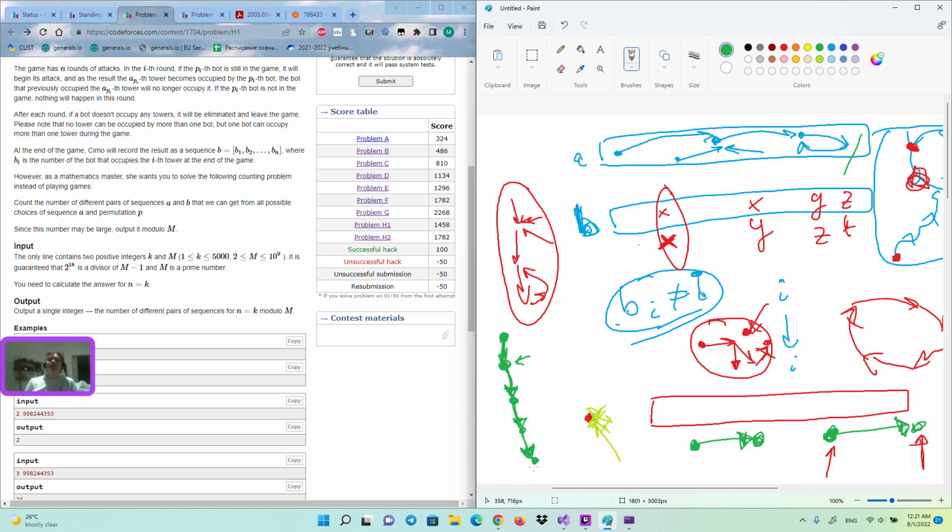And we divide it into paths. Yes, we divide it into paths. So I guess I can say that, how many ways of dividing everything into paths? How many ways of dividing everything into paths?